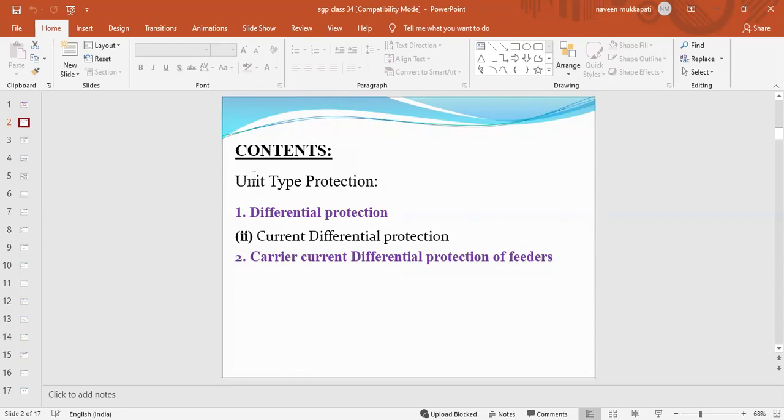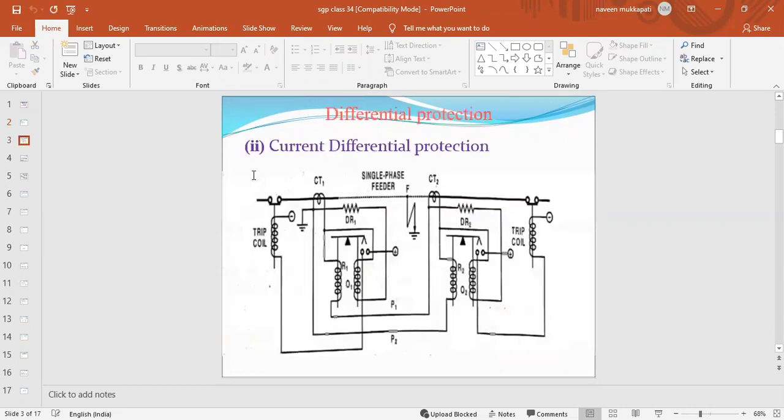In this unit we have two types of protection, that is feeder protection and also bus bar protection. Each protection has separate circuit diagrams, various equipment, and various protective relays. By using those protective relays we give separate protection for the feeder lines and also the bus bar systems.